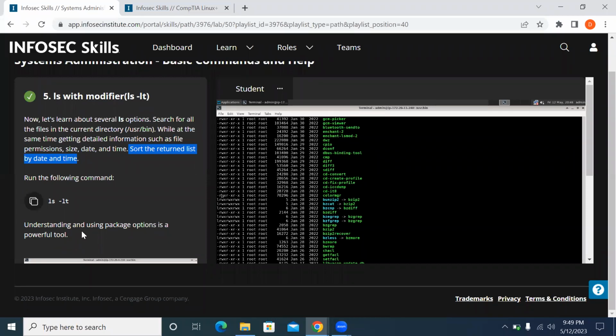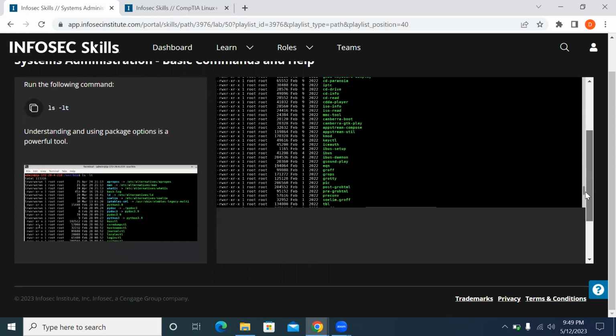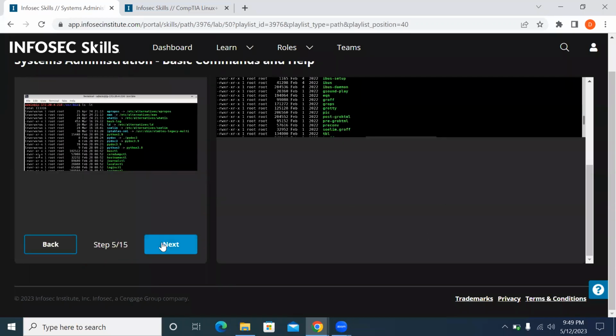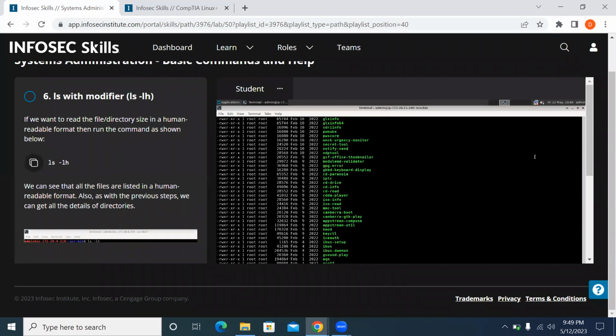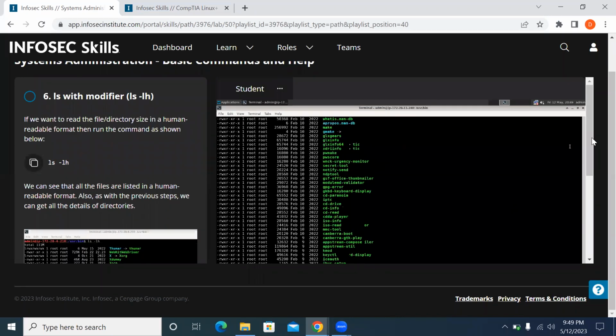So understanding and using package options is powerful. You need to know how to twist or tweak any command you are using, right? Any command you are using, you have to know how to use that also as a Linux person, right? So let's proceed. We are still in basic commands, and most of these commands are stuff that we looked at